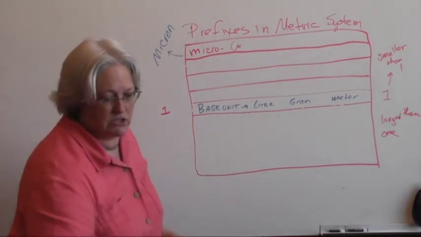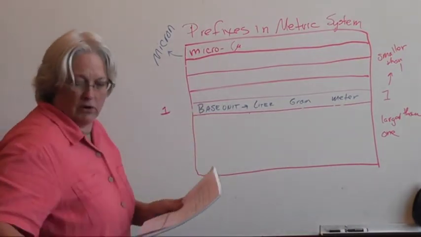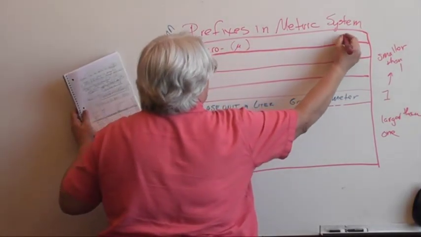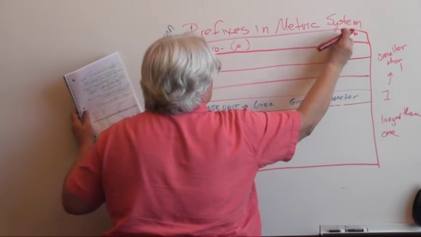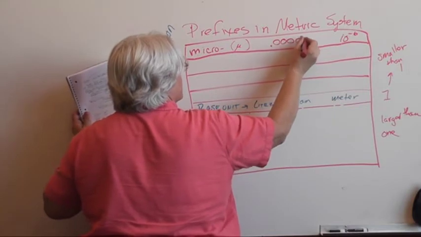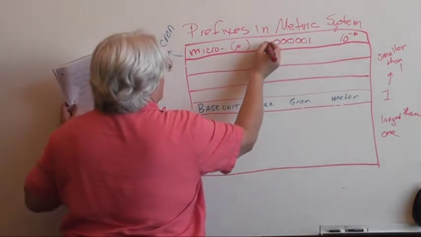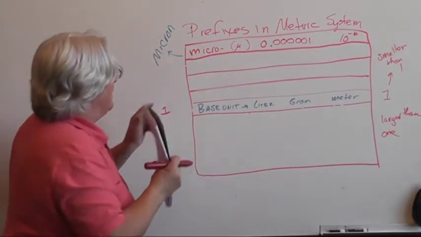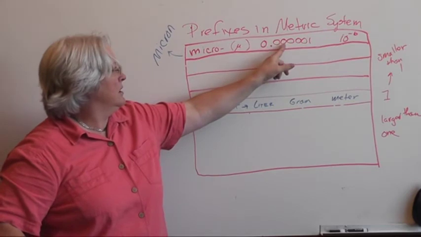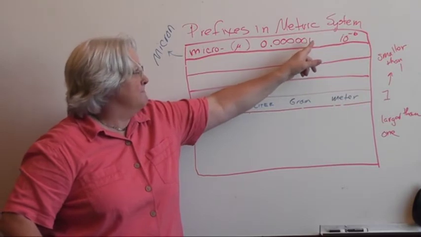Isn't that 0.000001? Yes, 6 zeros. I thought it was 5. Well, there's 6 places after it. So a micron is 10 to the minus 6. I'm going to put that over here on the left. 10 to the minus 6. It's 0.000001. And frequently you'll have a 0 in front of the point. So a micron is, let's look at the place names here: tenth, hundredth, thousandth, ten thousandth, hundred thousandth, millionth.